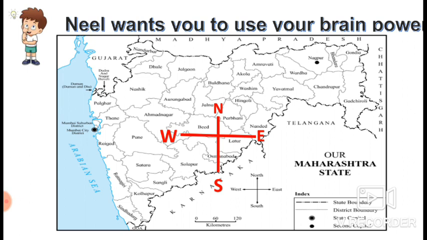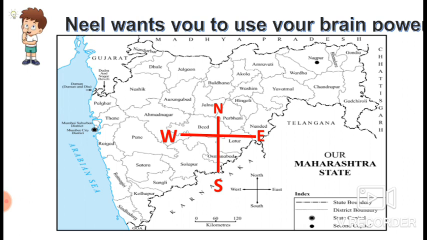Let's see the second question. We have to place the rose at the center of our state. And now children, Bid is at the center of our state. Now we have already placed the rose. Let us see where is our district. Now we live in Palghar district and it is to the northwest of Bid. Thane district is also to the northwest.